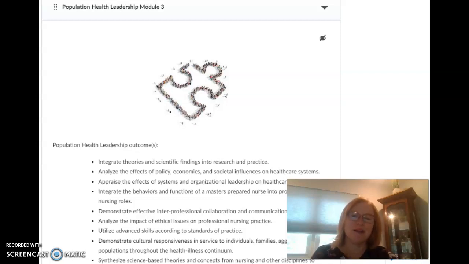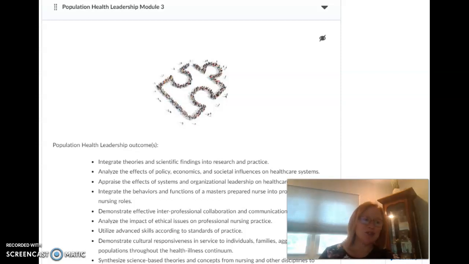Module 3. Now, recall that in Module 1, we focused on leadership principles, and in Module 2, we focused on the change theory. Module 3 will focus on population-focused change and engagement that includes the topics of collaboration, partnerships, and team building. The module will cover how to engage stakeholders in the areas of population health, as well as how to engage internally and externally within organizations.